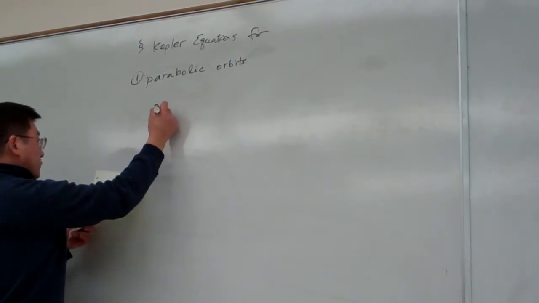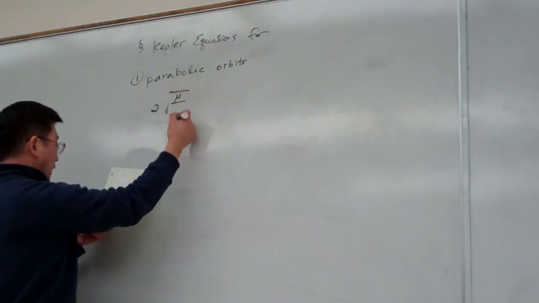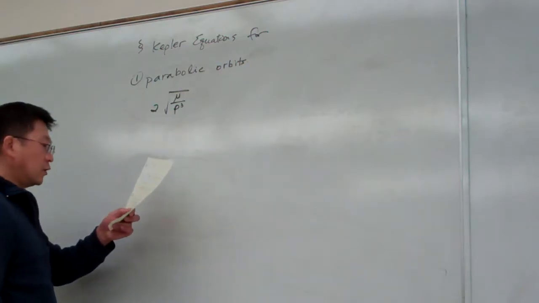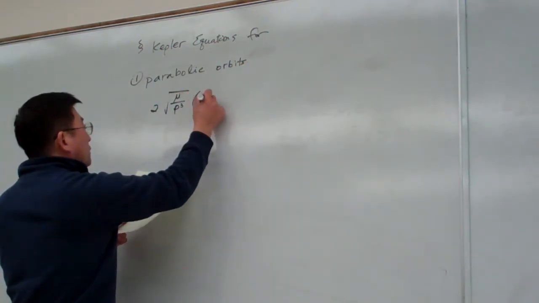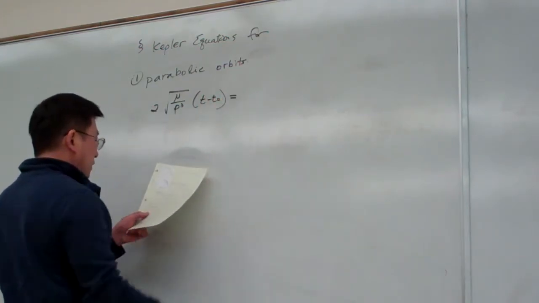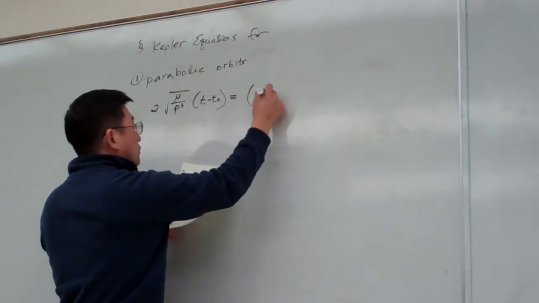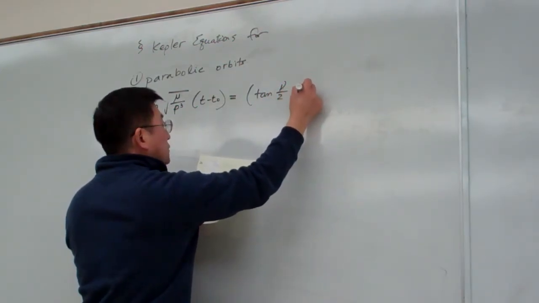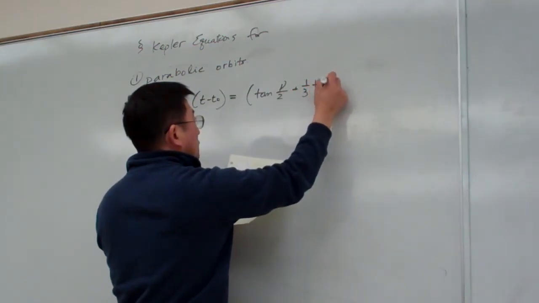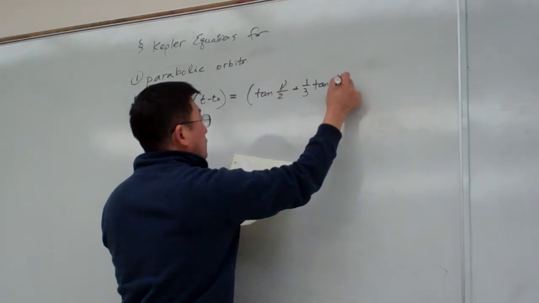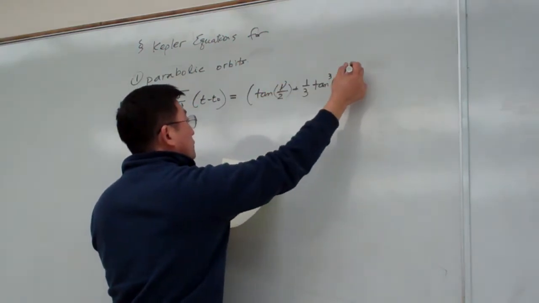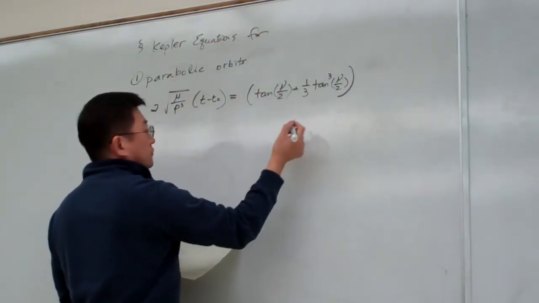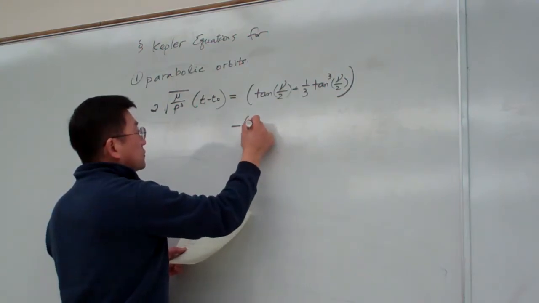So that is square root of 2 mu divided by p, and basically for parabolic always p equal to a, and t minus t0 will be equal to tangent of the true anomaly plus 1/3 tangent of the true anomaly cubed, minus